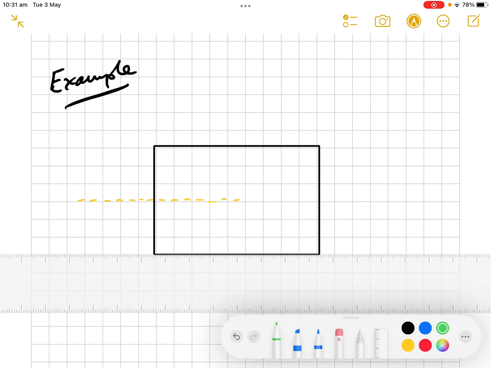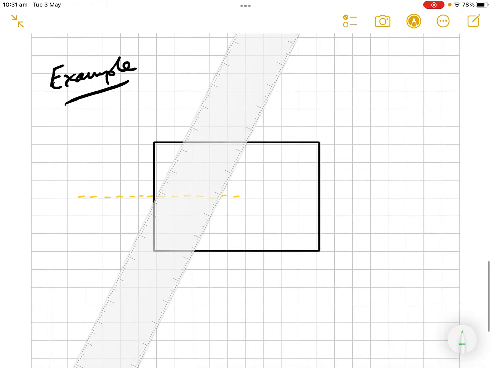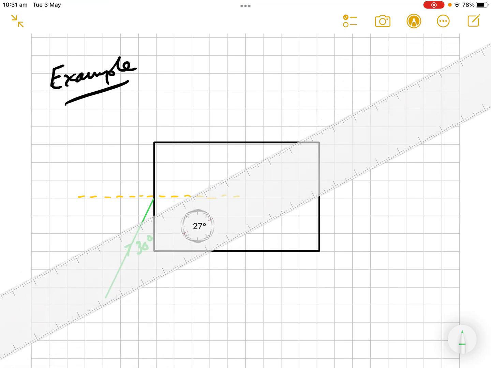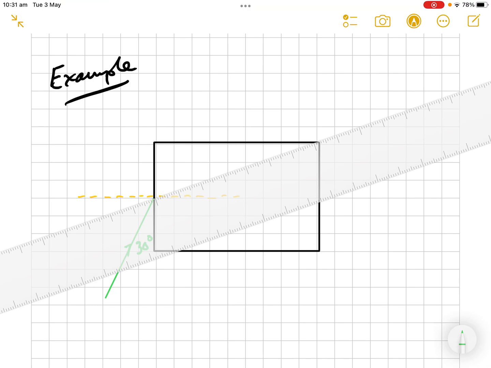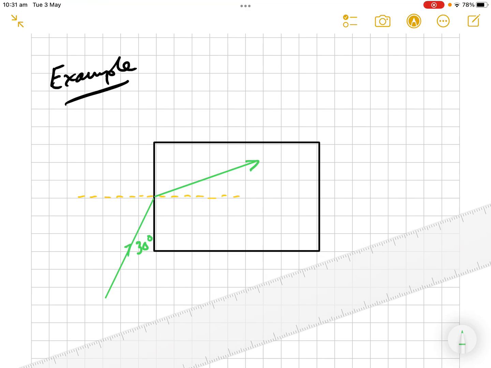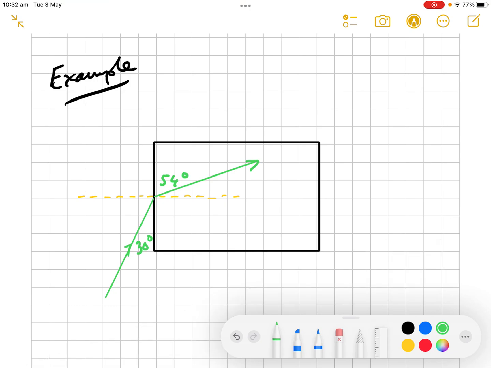And let's say that the beam of light comes in like so, and let that be 30 degrees, and the ray will be refracted down towards the normal. I'm not going to investigate what happens at the next boundary, just focus on these two. So let's imagine that's 54 degrees,